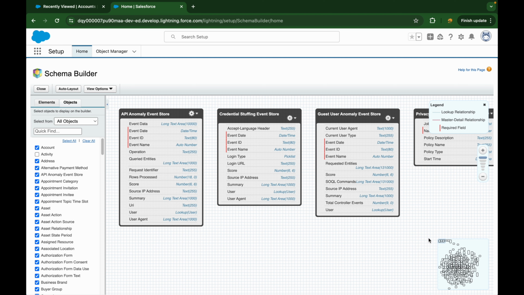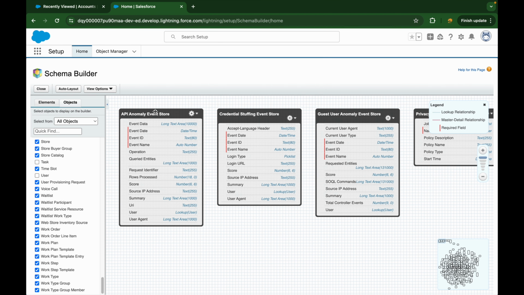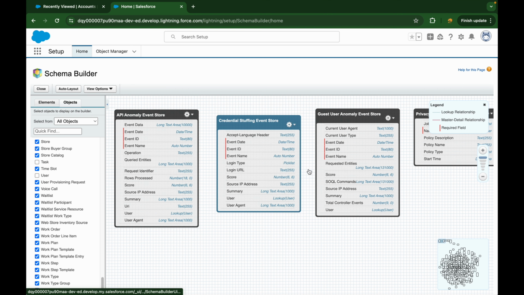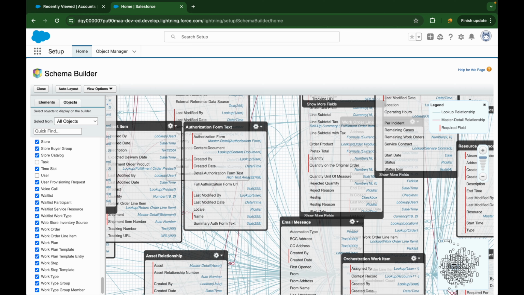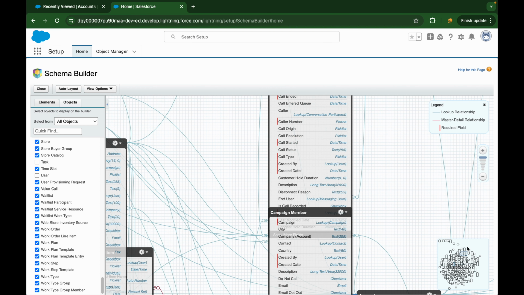It's loading because it's showing all the objects. Just see this down here. This is the list of objects that are currently selected. Each object is represented by this box, and look at this section on the bottom left, bottom right. These are all the objects. See how they are linked. Look at these lines interlinked to each other. So beautiful, right? What we want to do is I'll just go ahead and clear this out,